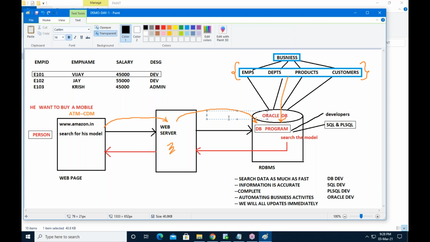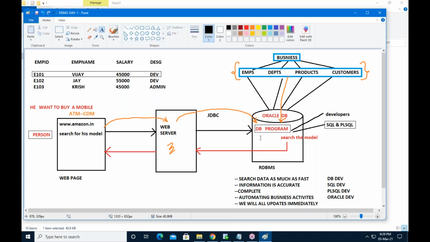By using the JDBC concept, Java to database connectivity. Through the JDBC process, it is communicating with the database server. In the database server, one of the database programs receives your request. What is the request? The request is to withdraw money from the given card.